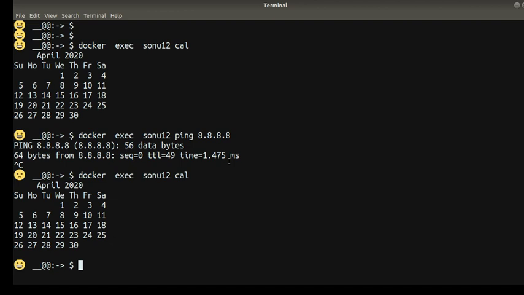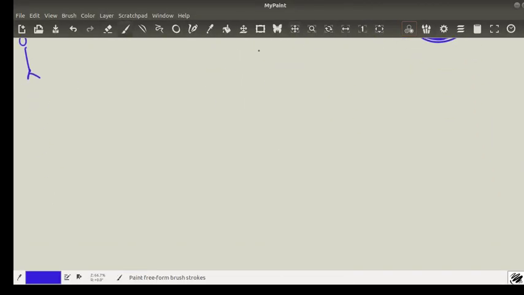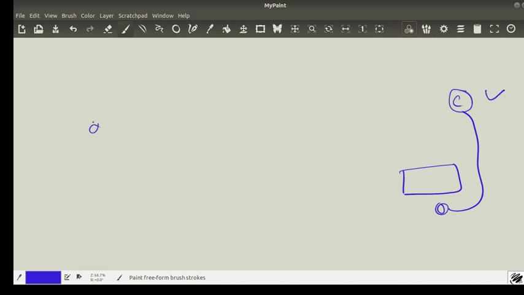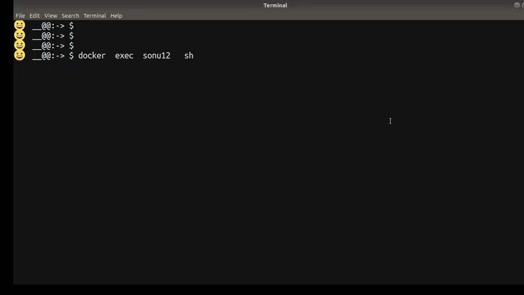Now let's say if I want to log in to a container, I can give a shell. Shell is for login. So how do I log in to a container? If somebody has created a container and the container is running, then as an engineer or developer, I can log in here even by using docker exec. I have to give any shell like sh or bash, whichever is present, right? So if I try with sh,